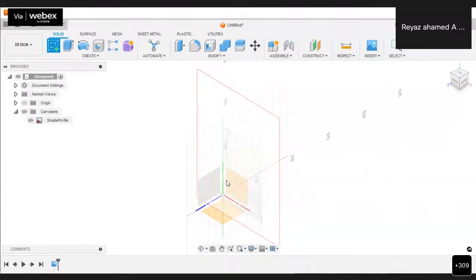See, by default, there are three planes: XY, YZ, ZX. Actually, we can bring our image in the XY plane. So we have to choose the same plane, because based on that image only, we're going to create our Fusion 360 sketch, no? So where our image is located, it is located on the XY plane. So we have to choose the same plane. So let me click on the XY plane. Let me click on here.